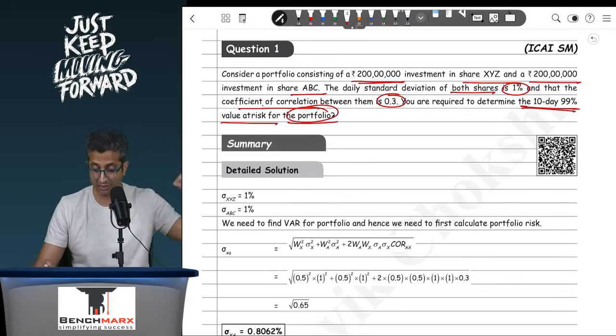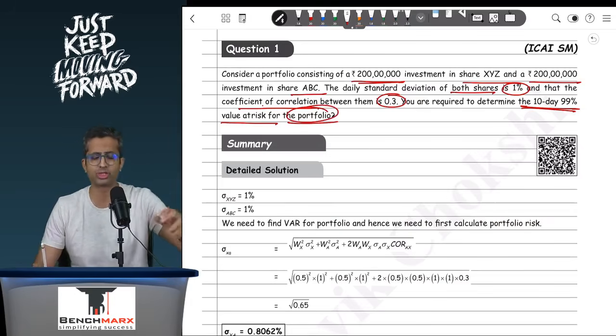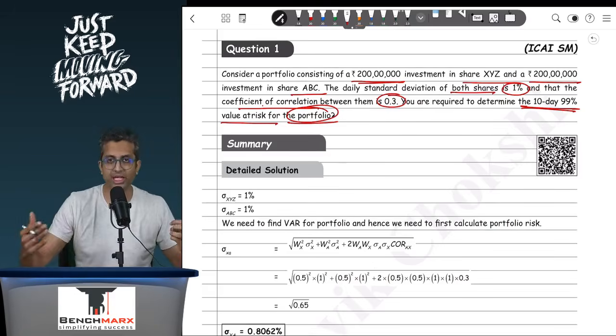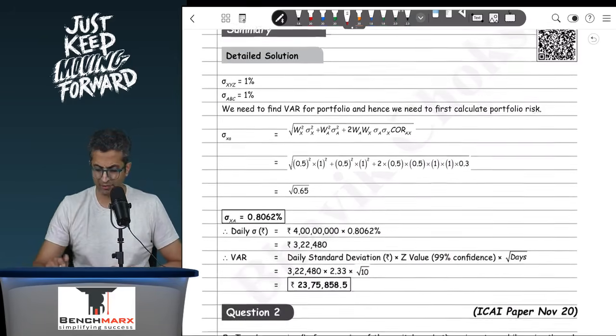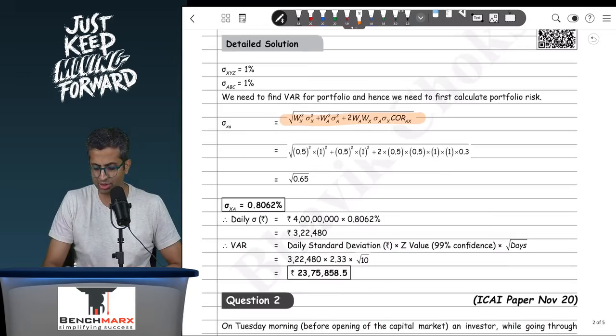That is the standard deviation of, let us say, X and A. It will be the weight squared of X into the standard deviation squared of X, plus the weight squared of A into the standard deviation squared of A, plus 2 into the weight of X, the weight of A, the standard deviation of X, the standard deviation of A, into the correlation. This is the formula we will use for the purpose of finding the